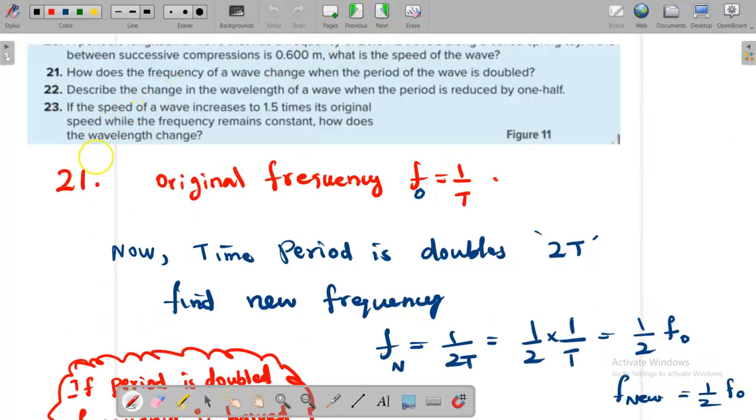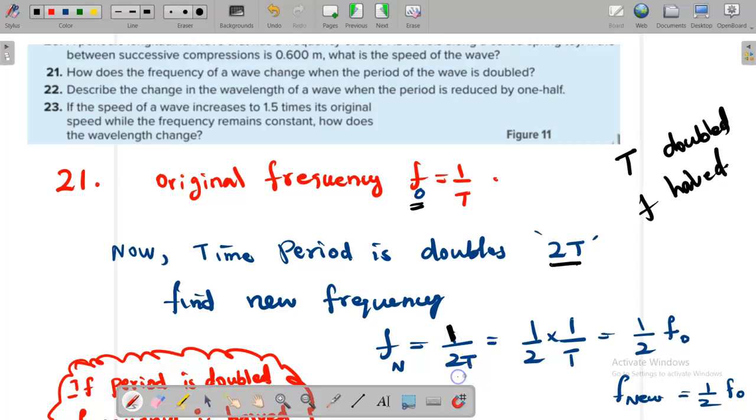Now we have three questions. 21. How does the frequency of wave change when the period of the wave is doubled? As I told you, period is doubled. That means the frequency is halved. So you can see here, old frequency 1 over T, the new frequency